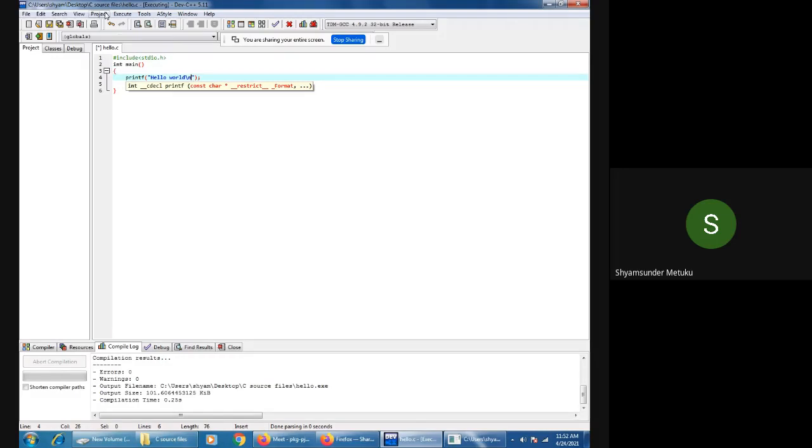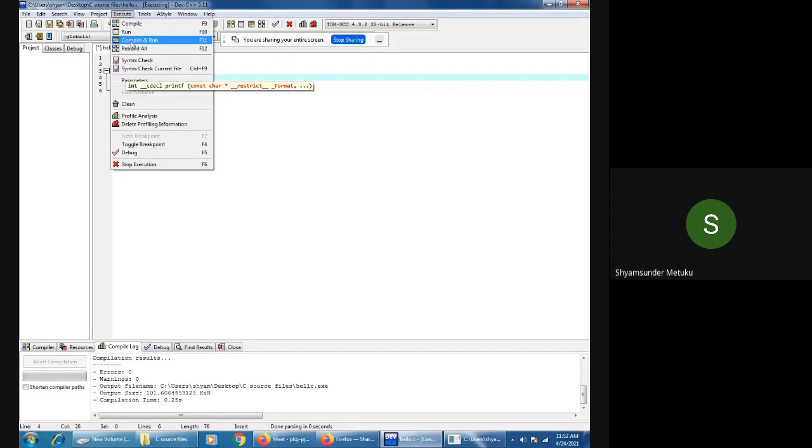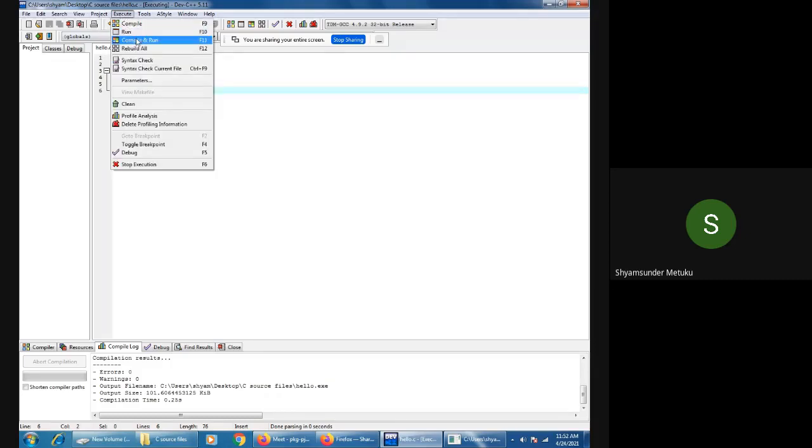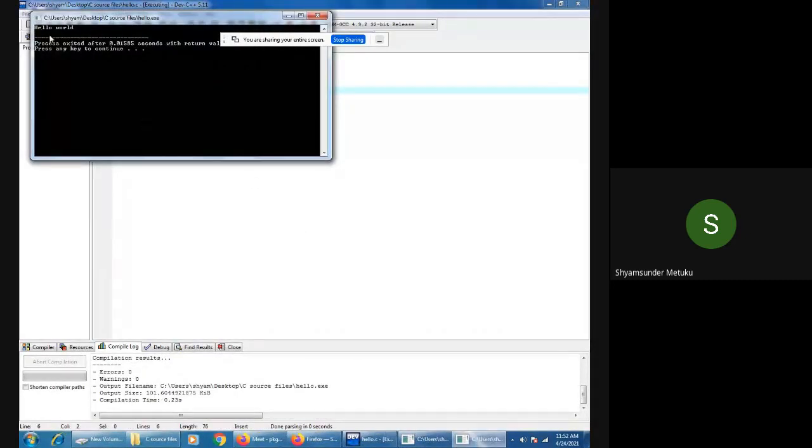\n. Okay, when you do compile and run, automatically it is saved also, because when you do modification, the star symbol will appear. If I save now, the star symbol will go. You can see here. So whether you do it explicitly or compile and run, you execute, automatically it is saved. Now you can see there is a gap between line and hello world.